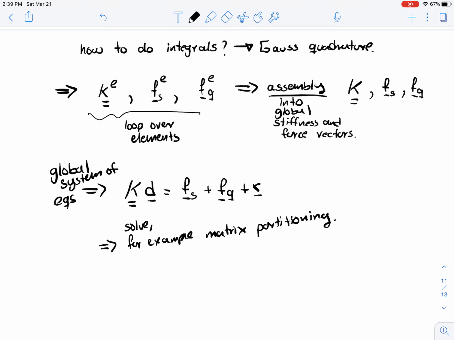You would have a loop over elements. For each element, compute the stiffness matrix and force vectors, do the assembly, just like we have done up to now, and then you'll get this global system of equations, and you will solve it in the same way as we've done in the past, for example, with matrix partitioning. So that's it for